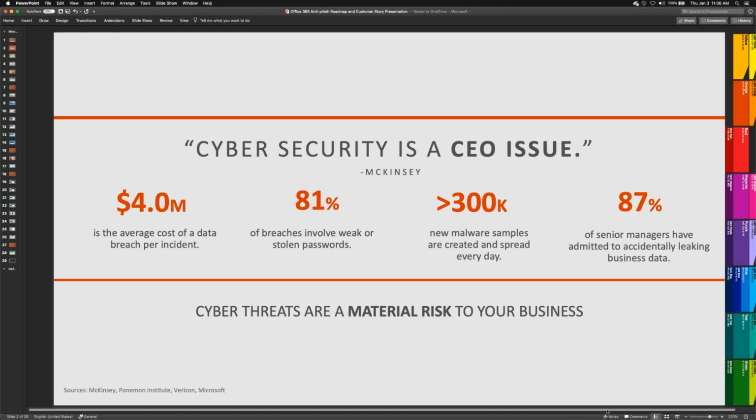All of that cost adds up, and it's definitely something that a lot of our customers are starting to see, and we're starting to see. I wanted to show you this slide so we're all on the same page and understand that cybersecurity, particularly email phishing, is a CEO issue. It's a big deal.